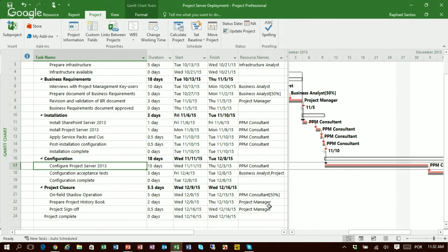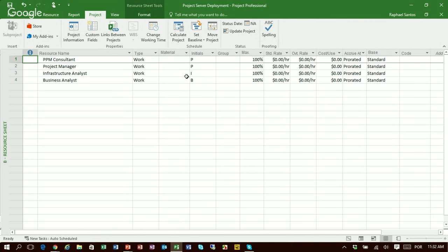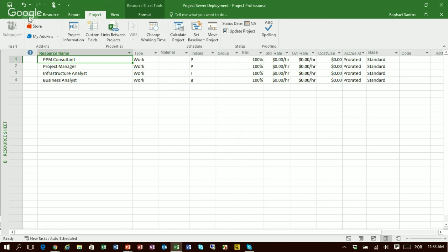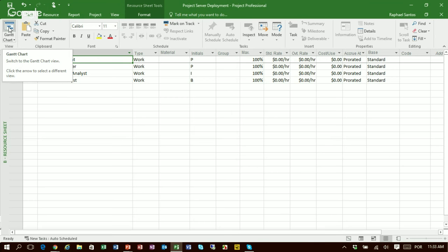So I'm going to move here to my resource sheet. I will take the PPM consultant, and I will click here on change working time. And I would say that on December the 1st, he's going to attend a conference, and he's not going to be available on this particular day, right? So I'll click here, OK. And then when I go back to my schedule,